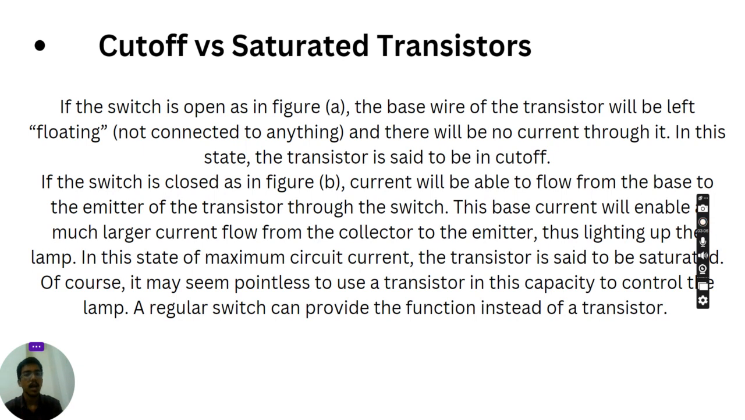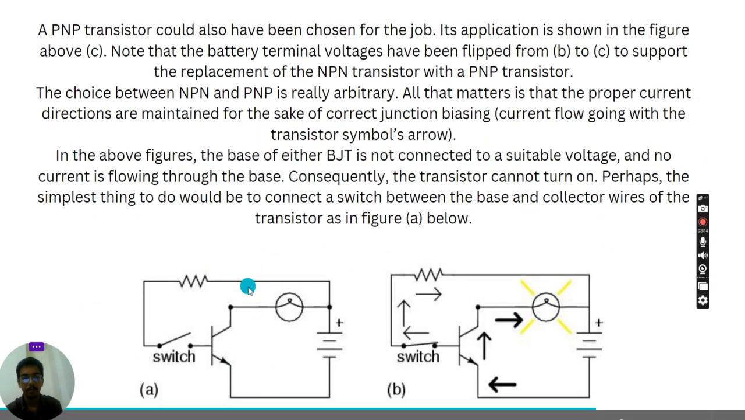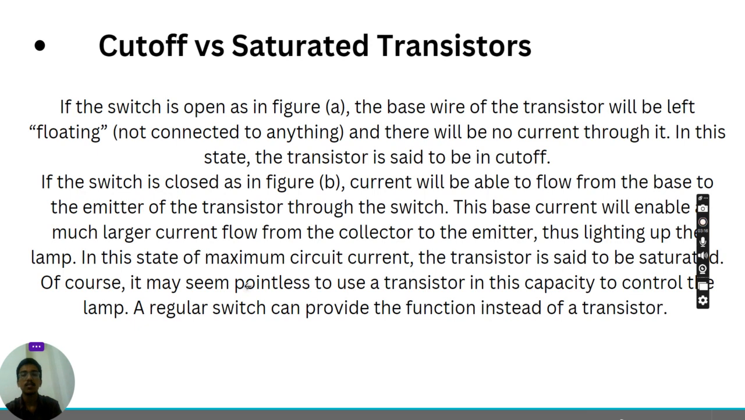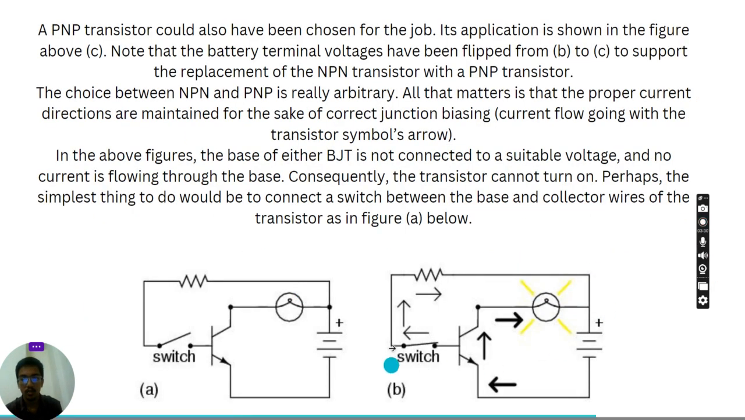Cutoff versus saturated transistor. If the switch is open, as we see in figure A, the base wire of the transistor will be left floating, not connected to anything, and there will be no current through it. In this state, the transistor is said to be cut off. If the switch is closed, as you can see in figure B,